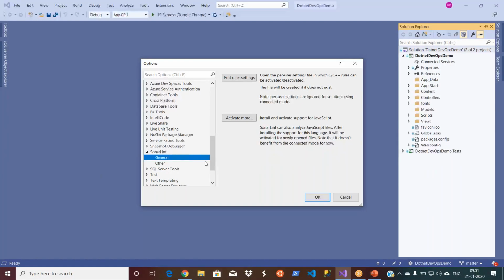Okay. So I got my Sonar link here, and I'm not going to do any edits. Let's go. Now I activated many of the things. So when you run the analysis, if there are any issues, the output window should show you some code, and this is the issue. And that is what you see on the SonarQube server as well.